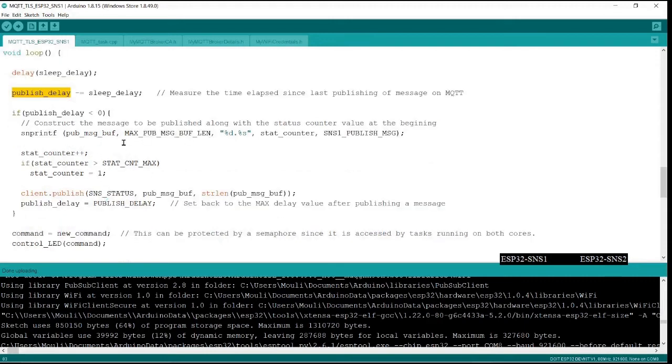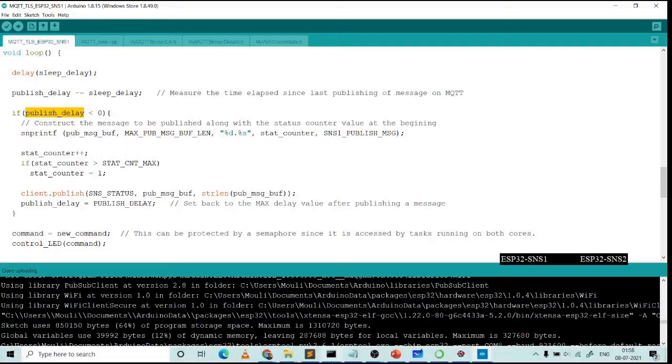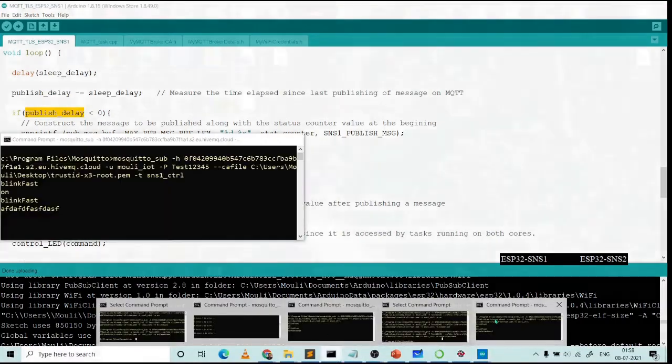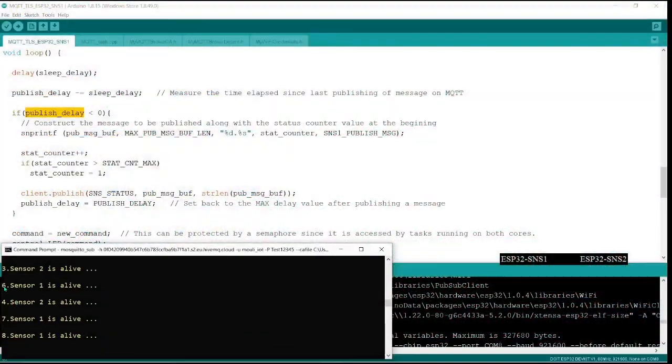Whenever I want to publish, I make sure that I increment a count, so you see that there is a count value which is getting incremented every time: 1, 2, 3, 4, 5, 6. This count is actually getting corrected here. So 7 and then 8.